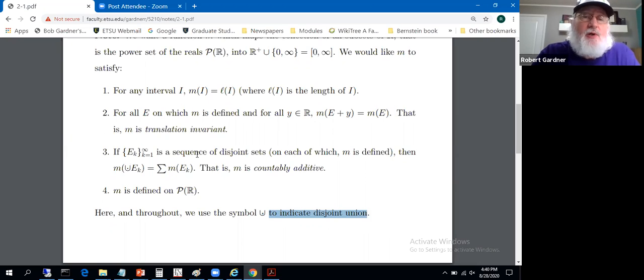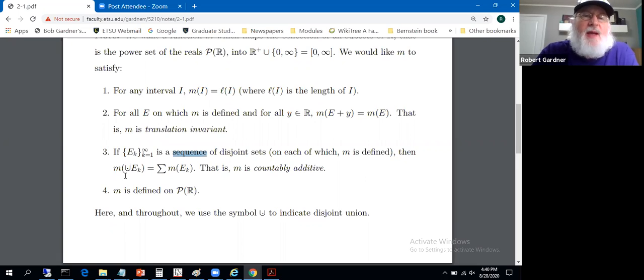We will deal quite often with sequences of sets. Sometimes they'll be disjoint, sometimes they won't. Well, if we union them up and they're disjoint, I'm putting a little dot inside that union symbol. One argument that this isn't a very universally used symbol is it's not a standard LaTeX command. You can define it easily in LaTeX. That's how I created it.